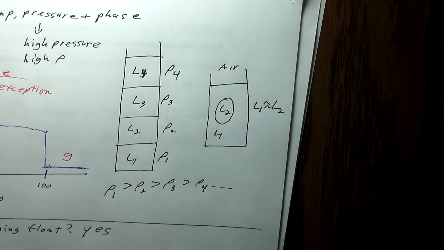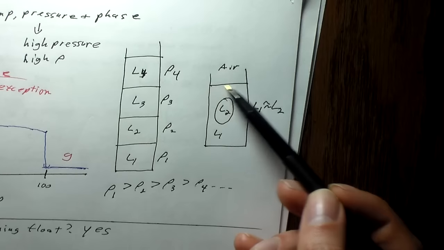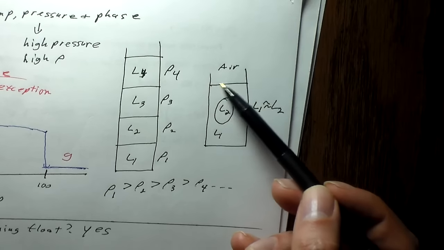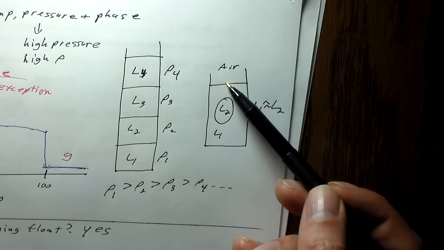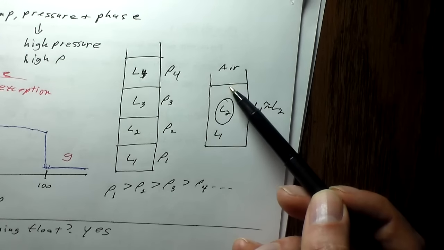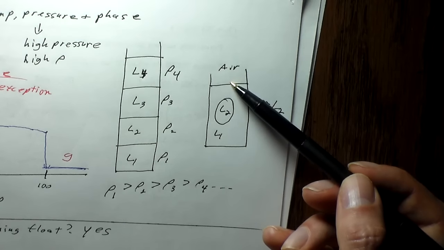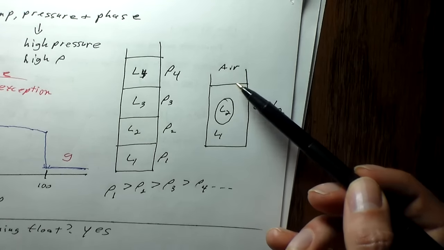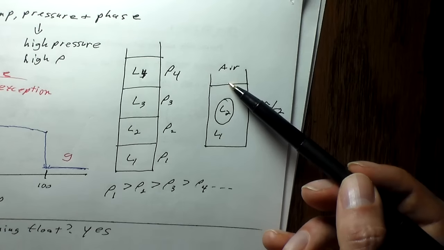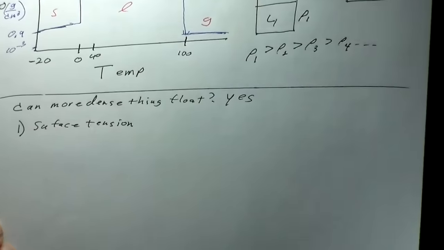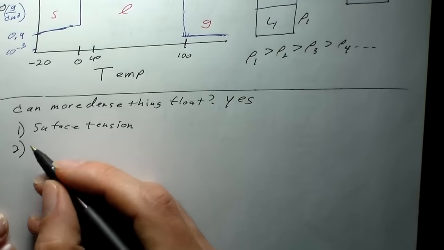That's the whole reason water feels wet. It's stickiness. It sticks to the sides of everything. So this is that little bit of adhesion, the bonding of these molecules here. Between the air and the water interface, there's this little bit of surface tension, and if you apply something very, very carefully, you can actually make something which is denser than the liquid actually float on top. So that's one possibility. And then the second possibility